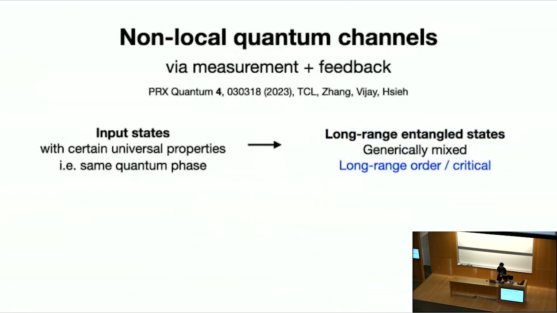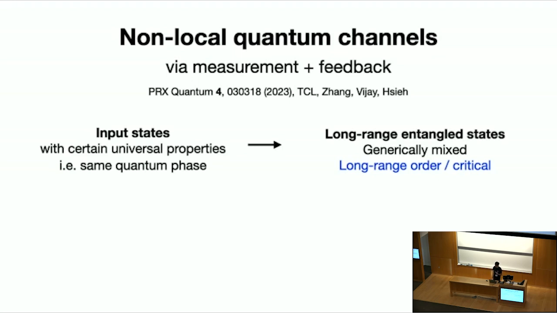Okay. So this kind of question motivates this work, and the essential insight is, independent of the initial state you have, whenever you do the measurement and the feedback, you are just implementing some non-local quantum channel. And what is that good for? That means if the initial states have some universal properties, meaning that they belong to the same quantum phase, then we can prove that when you do measurement and feedback,